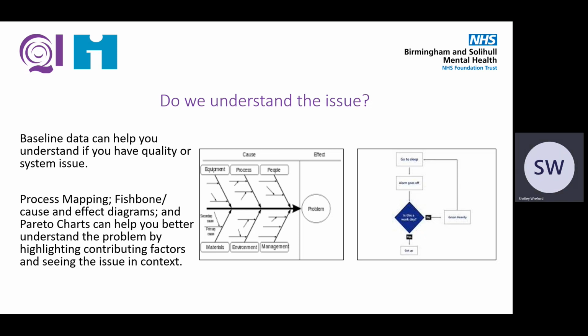Process mapping is another means to understand the problem and help focus the scope of your project. By plotting the sequence of steps involved in a system, service or process, you can readily identify bottlenecks, inconsistencies, poor handoffs and non-value added steps. Understanding this helps target your improvement efforts.